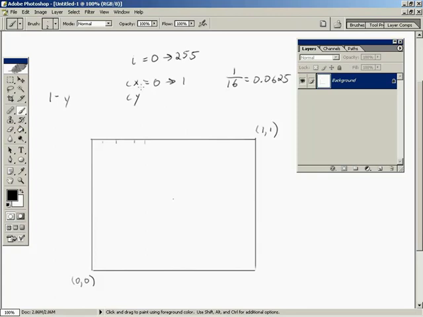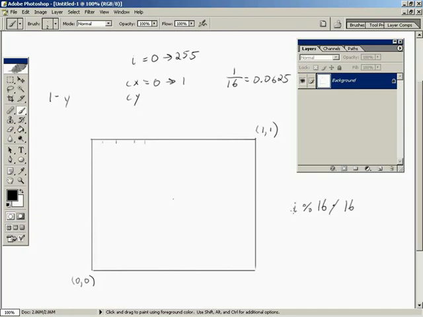And what we can do to make our cx work is, I can say i modulus 16. So this is going to go from 0 to 15, from 0 to 15, from 0 to 15, etc. And then if I divide this by 16,